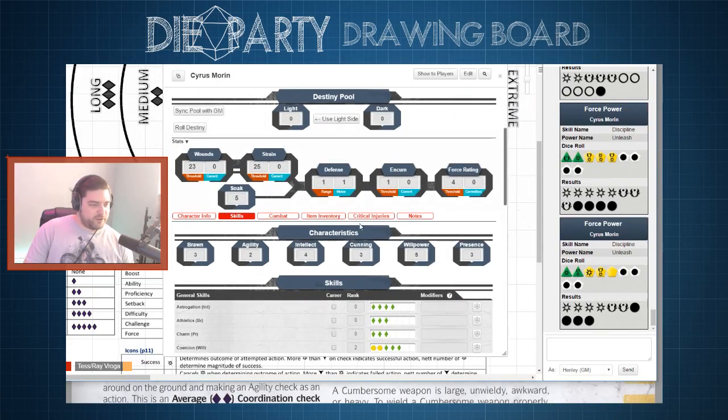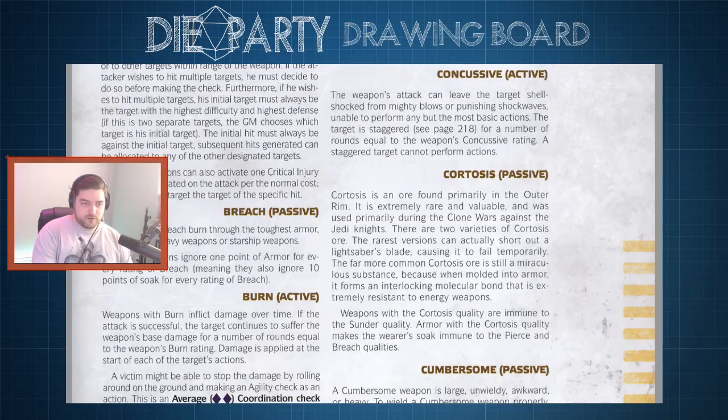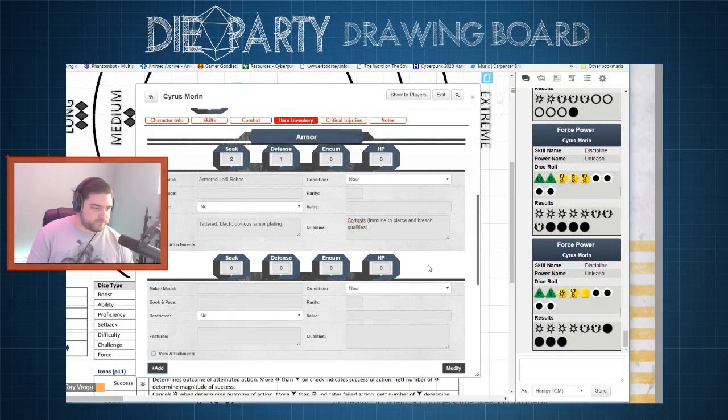All right, so item inventory. Armored Jedi robes. Qualities: cortosis. How do we spell it? Immune to pierce and breach qualities. And we would give him, specifically, parry